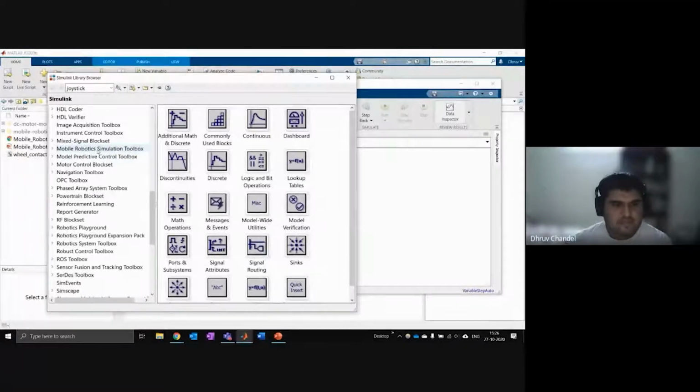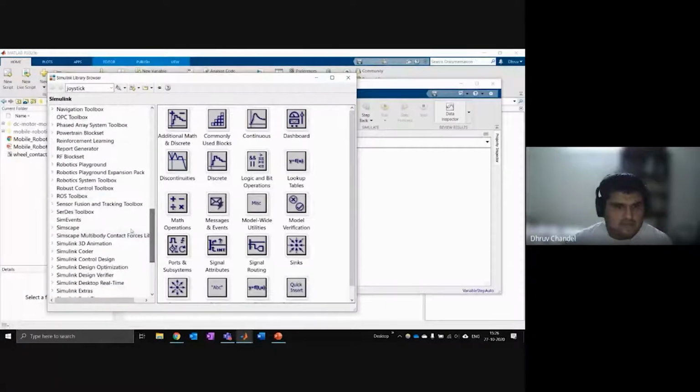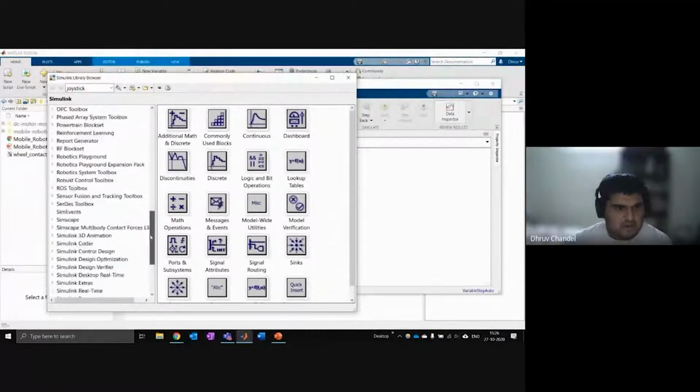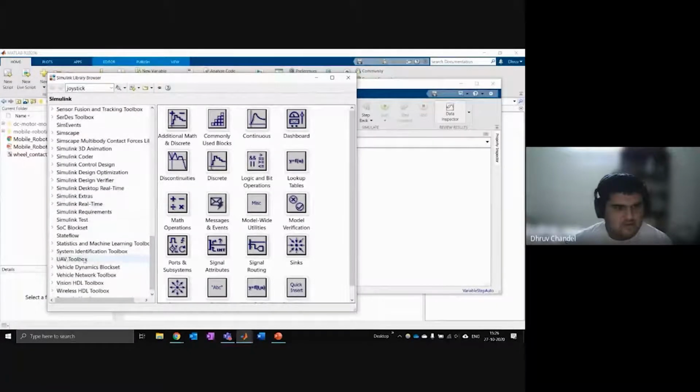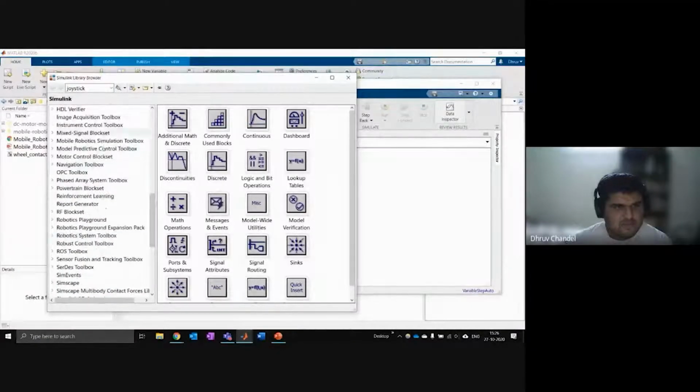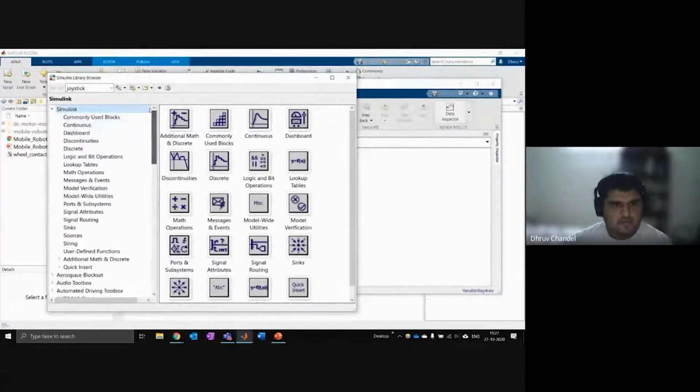These are extra libraries. We have a library for ROS. We have a library for Simscape. And there's a special library for the UAV toolbox, etc., etc. So there's a whole bunch of useful stuff in here, which you can get started with once you understand it. And we'll also use the navigation toolbox today. So just keeping it simple at the beginning.